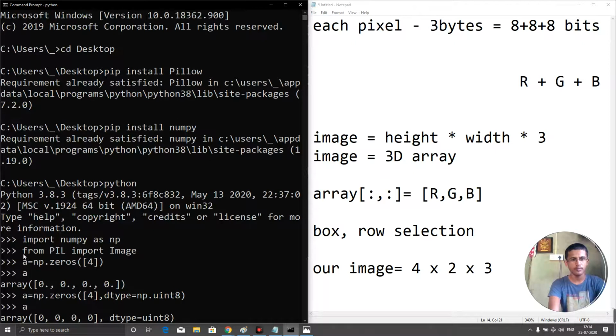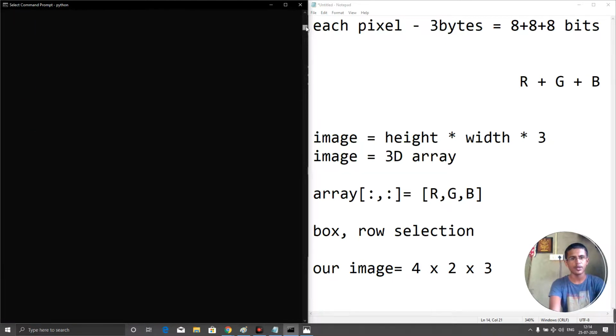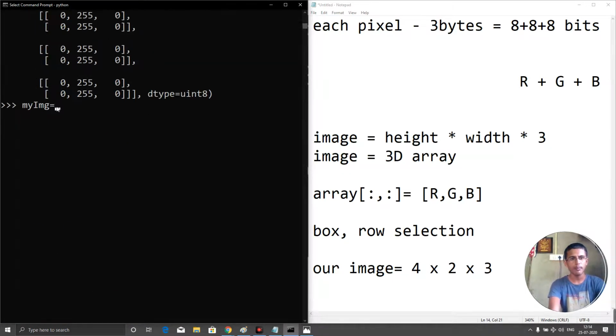Here you can see from PIL import Image. This is the Python Image Library, and I imported one module called Image. So now we are using that module in order to create the image. So my image equals to